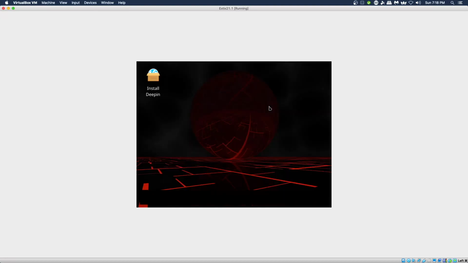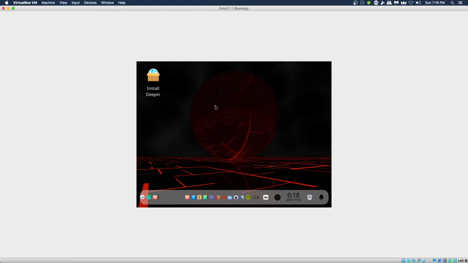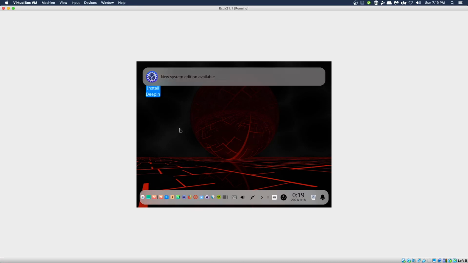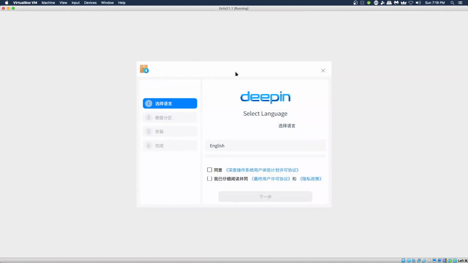All right, this is a relatively good sign. Usually there's a black screen before it jumps to the desktop. And so hopefully that will happen momentarily. We've got a pointer. And here we go. The dock is still loading. All right, we are going to go ahead and just directly kick off the install. Is it happy now? Yes, new system edition available. Okay. All right, so right off,